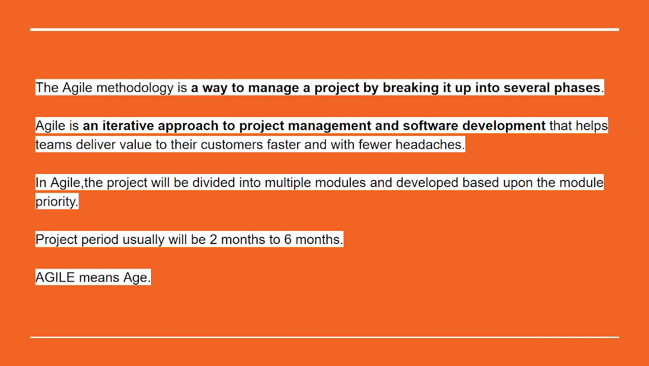So this is why the Agile approach is best when compared to the other previous models like the waterfall model, V model, or whatever. So in Agile, the project will be divided into multiple modules and developed based upon the module priority. So when you are going to develop a new software,